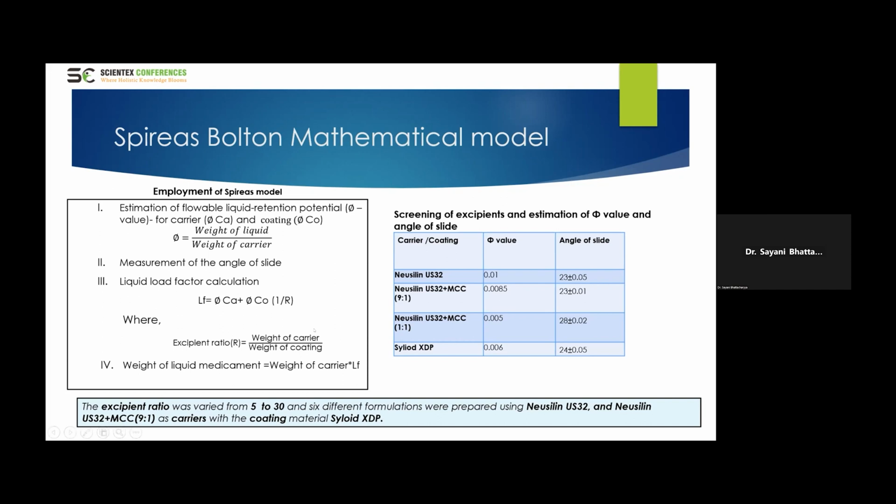and I found that Neusilin US32 and Neusilin US32 plus MCC at 9:1 ratio gave a good flow property, and later on when we compressed into a tablet, we could get a good hardness out of it. So we have not taken US32 MCC at 1:1 ratio, but Syloid XDP was used as the coating material throughout the experiments. So now varying the